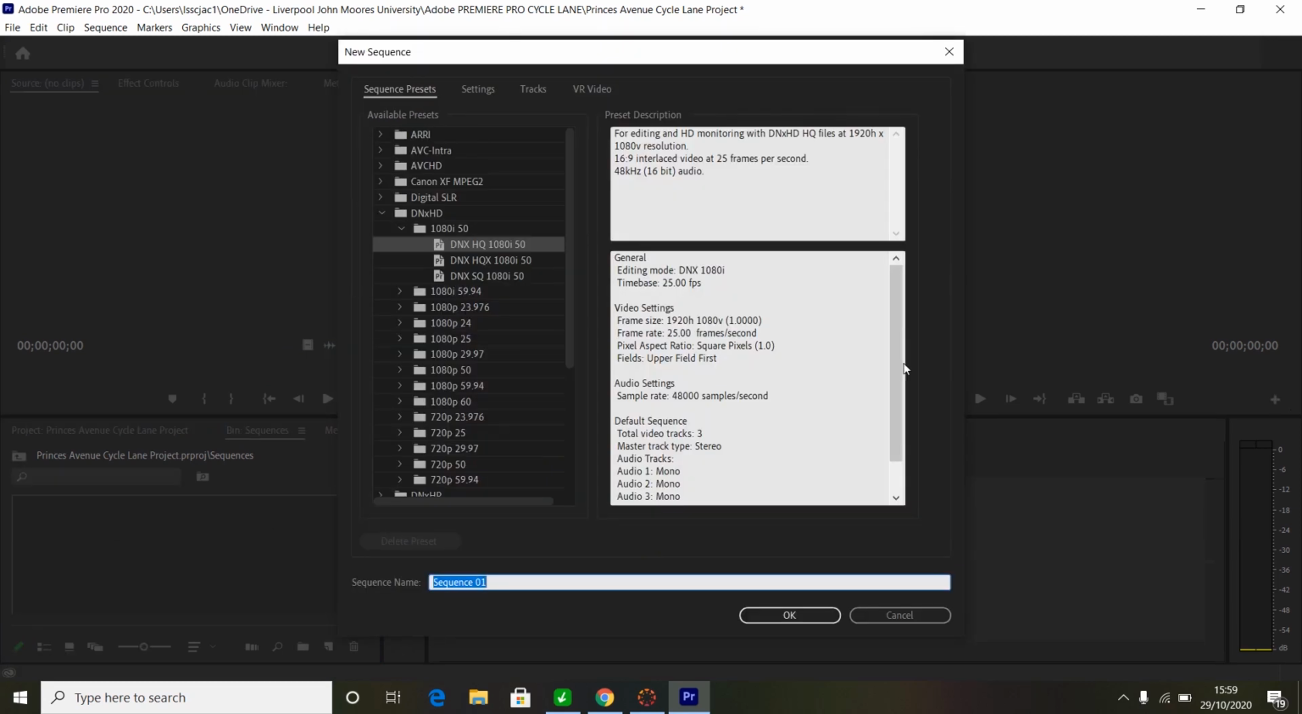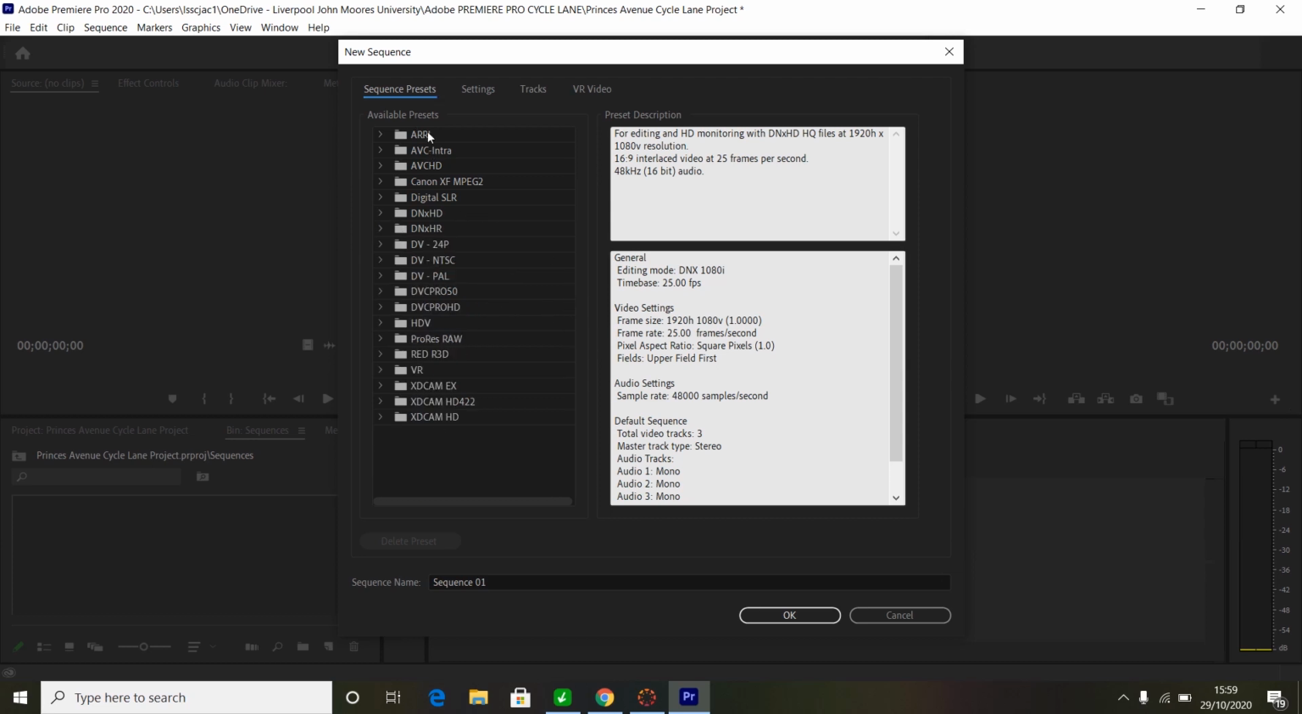Okay, and then I get this new sequence window. Now this is actually where I can change my sequence settings. For today, let me just close that for you, so you can see we have all of these options. So we're going to select this DNX HD